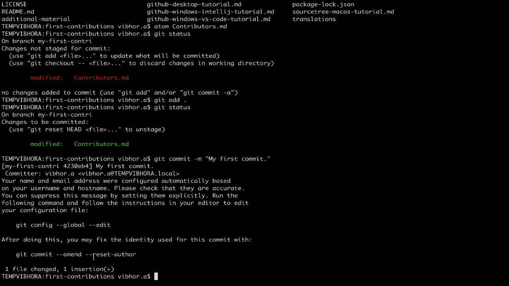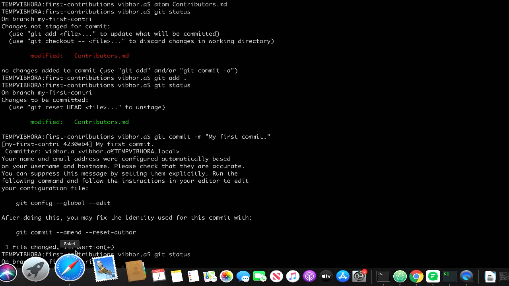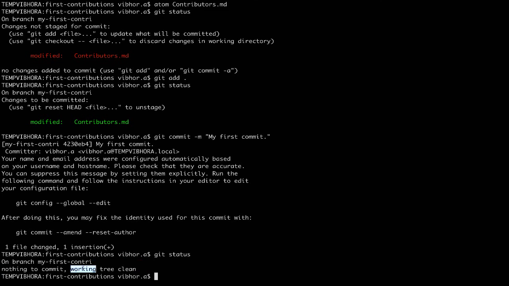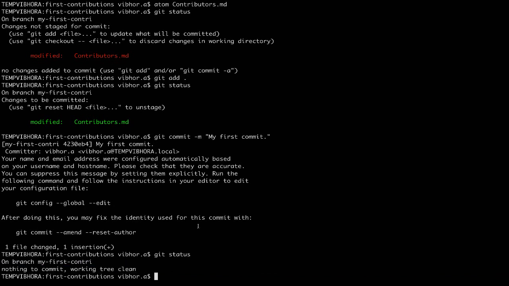So it says that I have committed, right? If I do git status, now it says that there is nothing to commit because the previous changes that you have made are part of your previous commit, and now after your previous commit you haven't made any changes to the current branch, right?